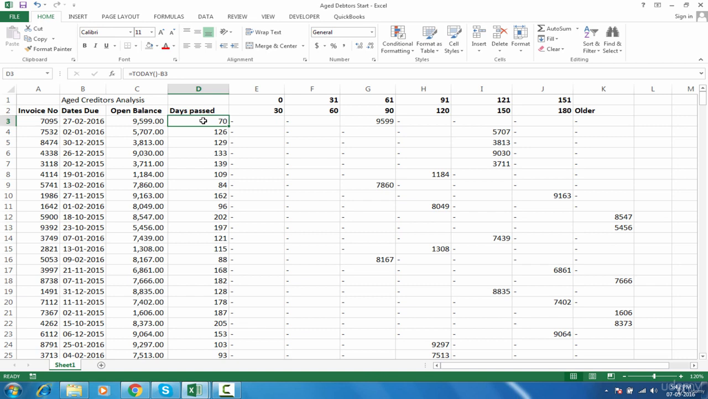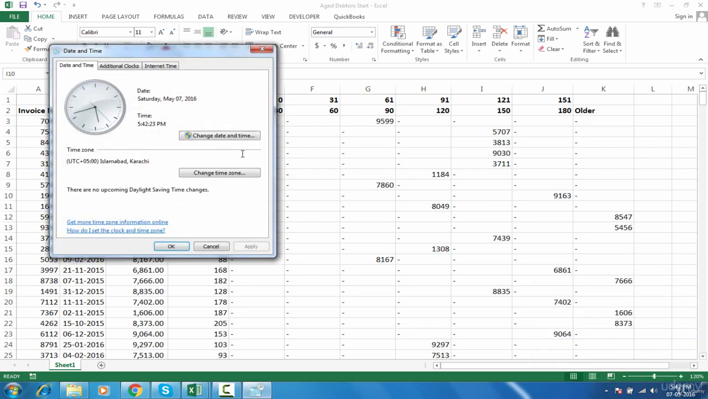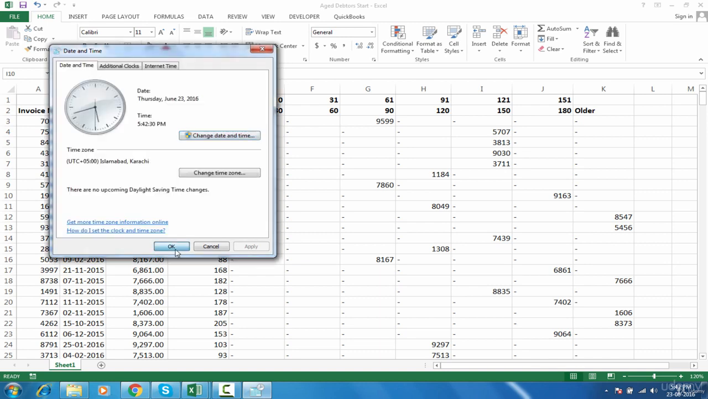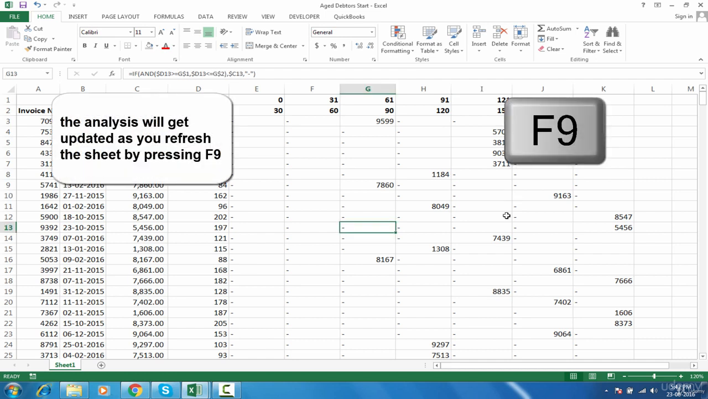You need to calculate today's date and subtract the due date from it. So you will get the days passed, and then use the days passed to make the analysis. That will automatically change. If I change this date from, let's say I'm on 7th May 2016, if I change the date to 23rd June, okay, and press OK, and if I press F9 to refresh,